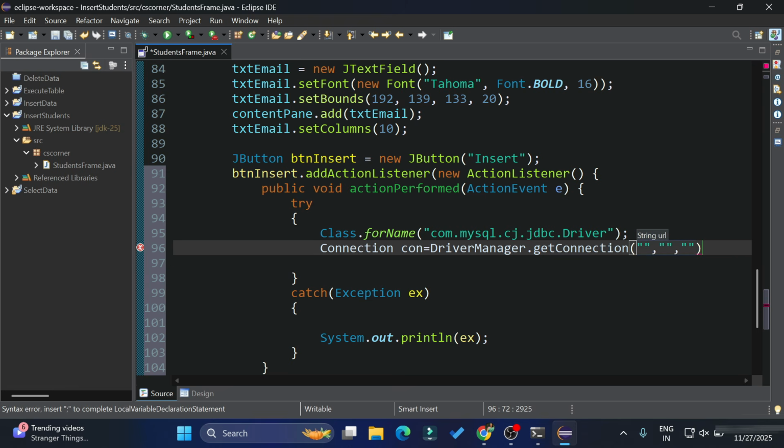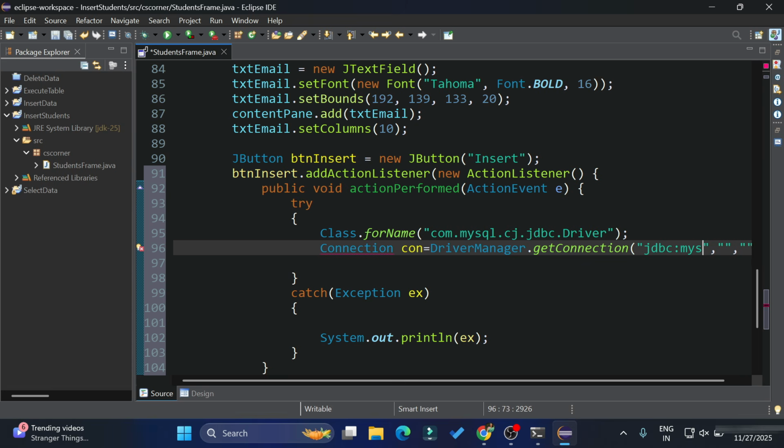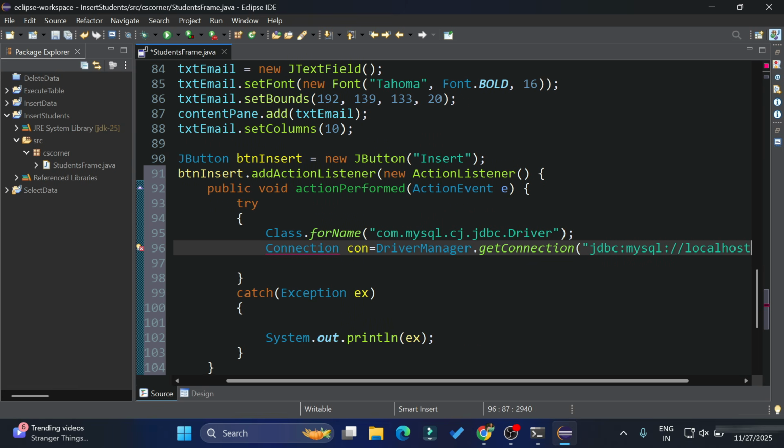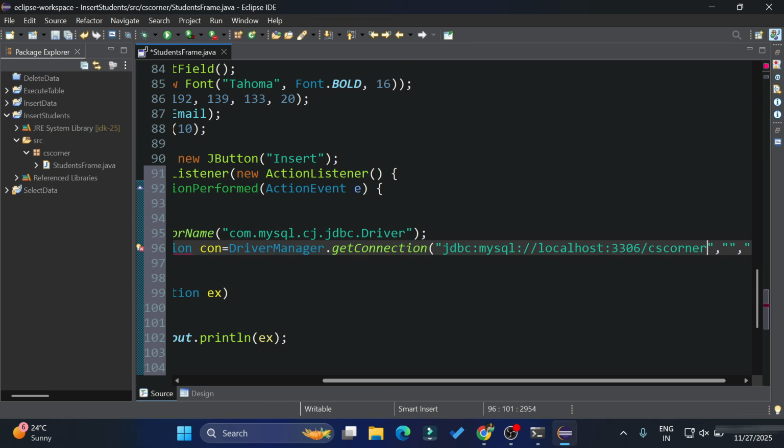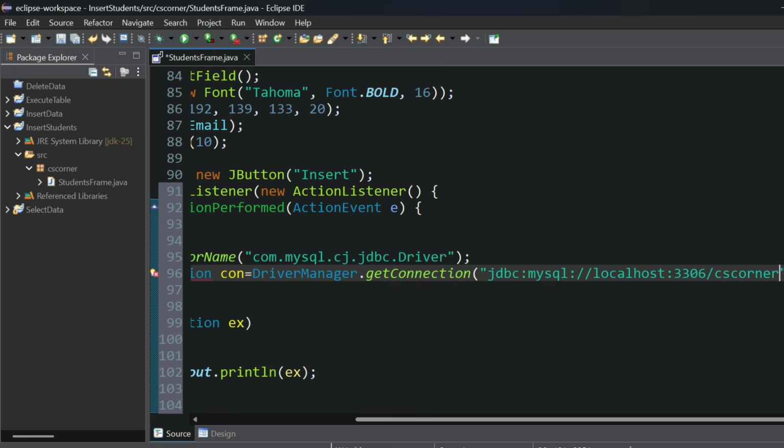So my user ID is root. Always the default user of MySQL is root, and the password is whatever you gave during installation. In my case, the password I have set as admin. Okay, so second and third parameters: root and admin. Now the first parameter we have to pass as protocol. So here jdbc:mysql://